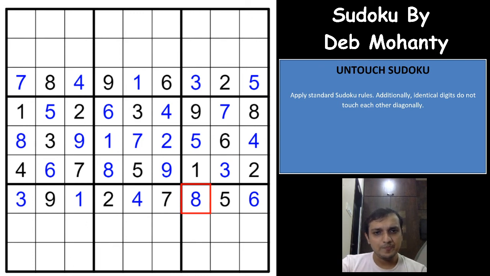So if you see now, we can go with the boxes here. So 1 2 3 7 8 9 boxes. If you see here, 1 has to be in one of these two cells, because the 1 and 1 here. I will just go on faster here. If you see, 7 would have to be here, 3 would have to be here, 9 would have to be here, right? And same way, 8 would have to be here, and 4 would have to be here. So you got a 4 7 pair here, right? A 4 7 pair here, which means this cell will have to be a 1 and 2 pair, right?